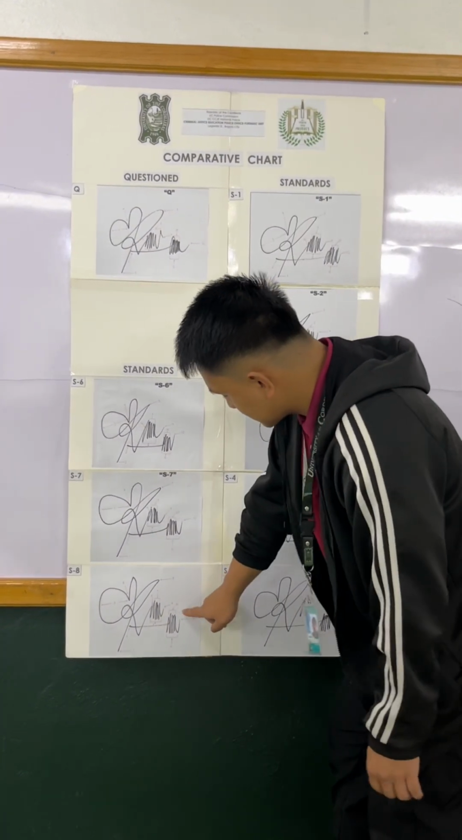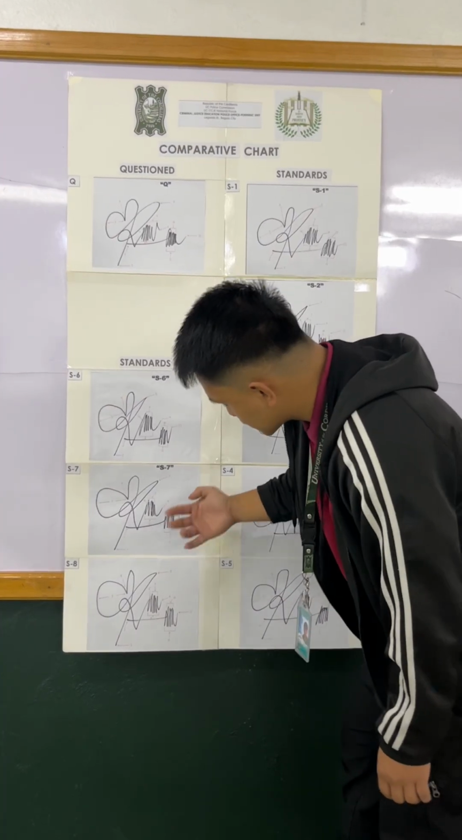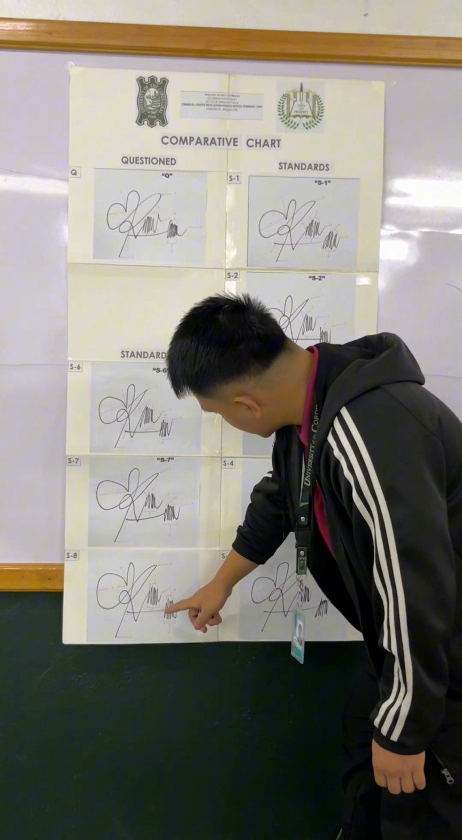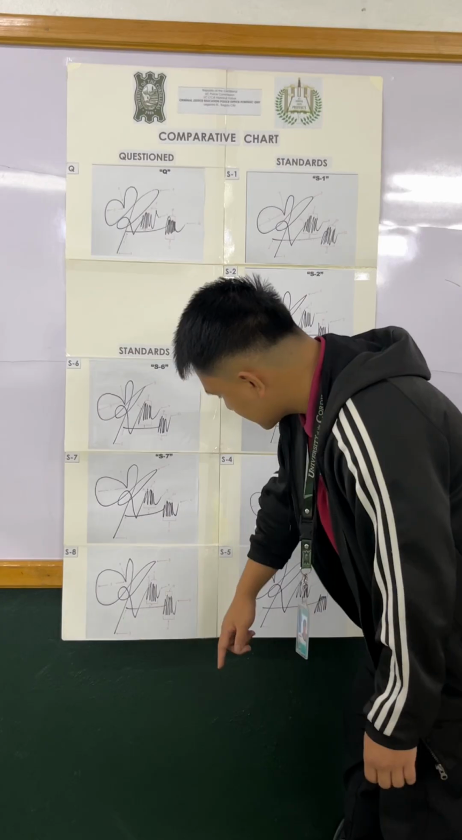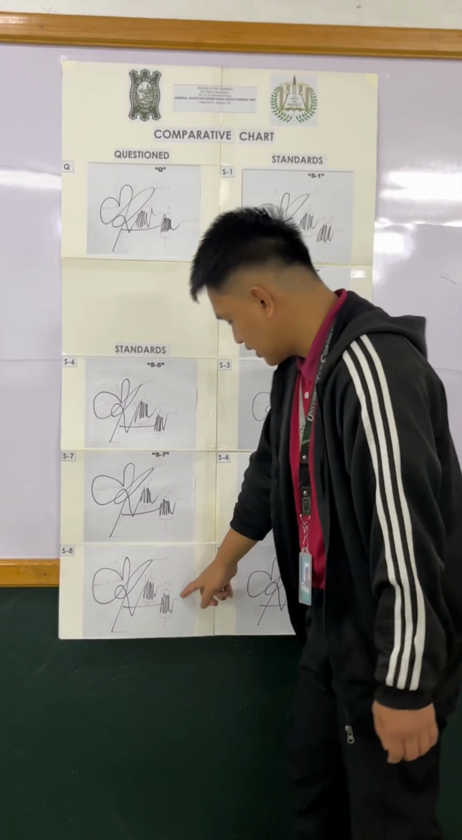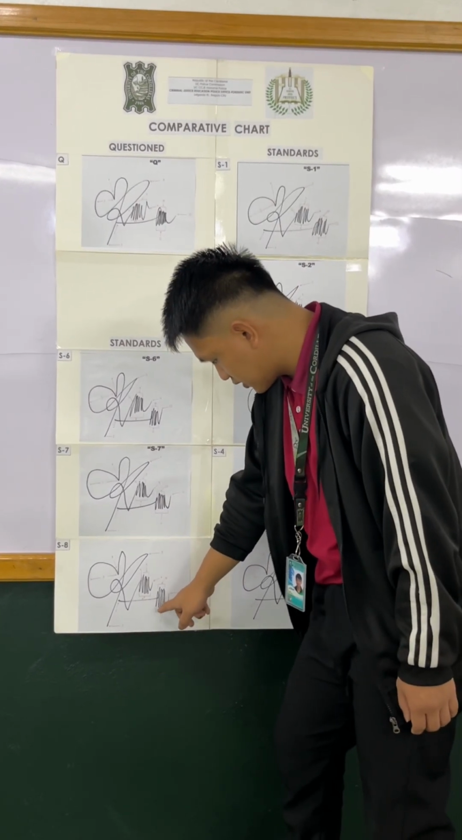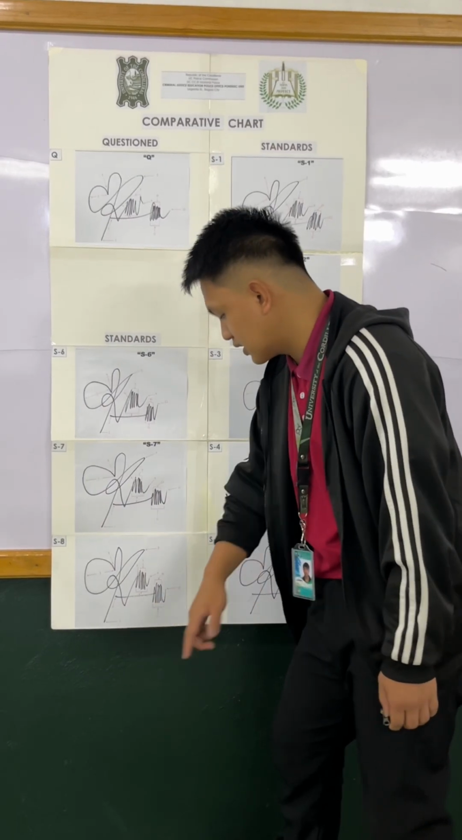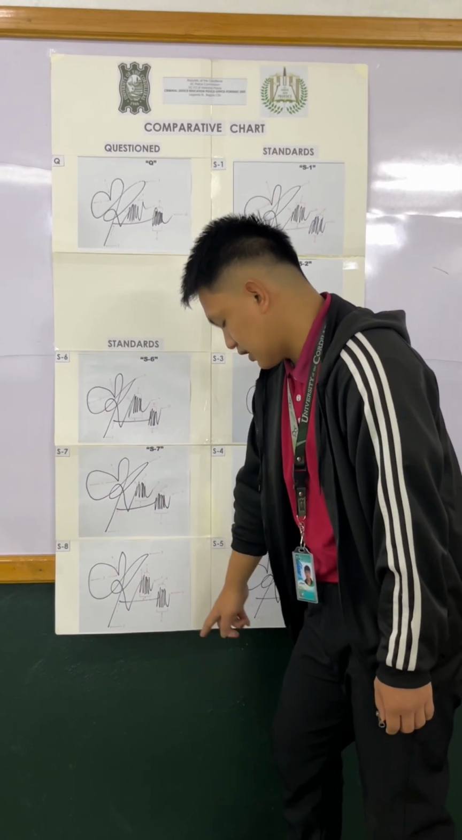And next, number 10. If we count again the shoulders of this writing, 1, 2, 3, 4, 5. There are 5 shoulders. Then next is the foot. So 1, 2, 3, 4, 5, 6. So there are 6 foot in total. Next is